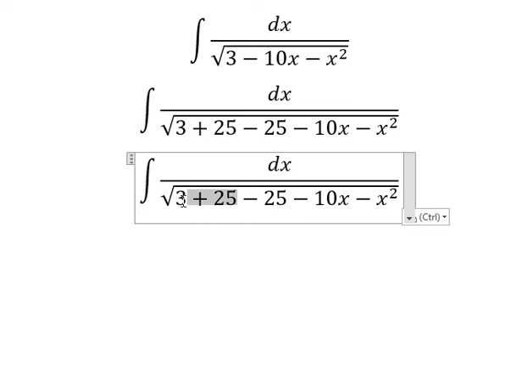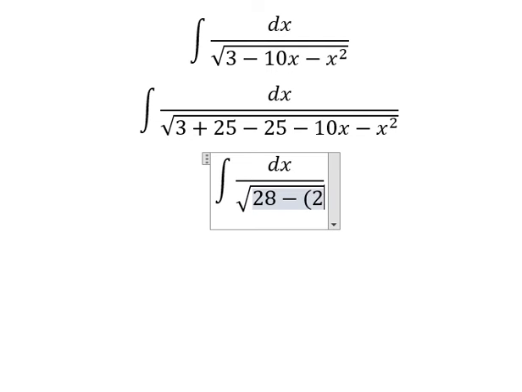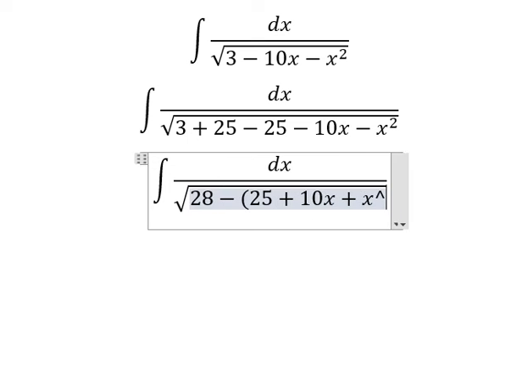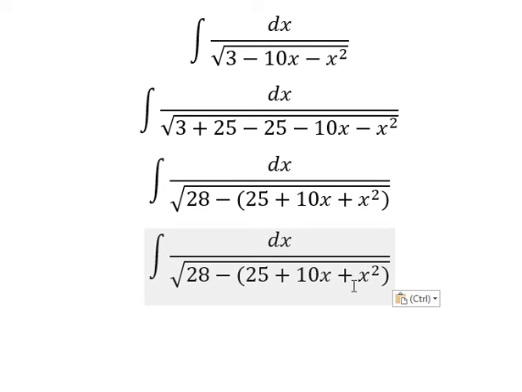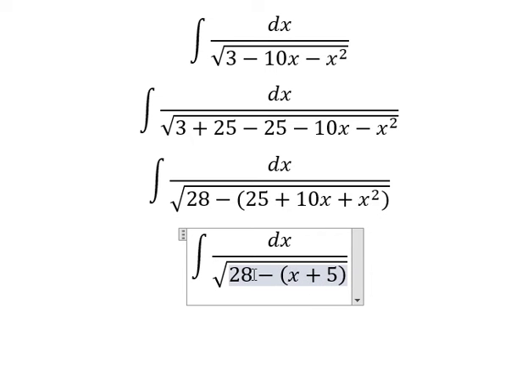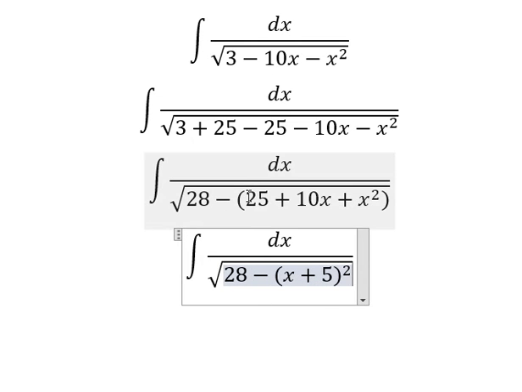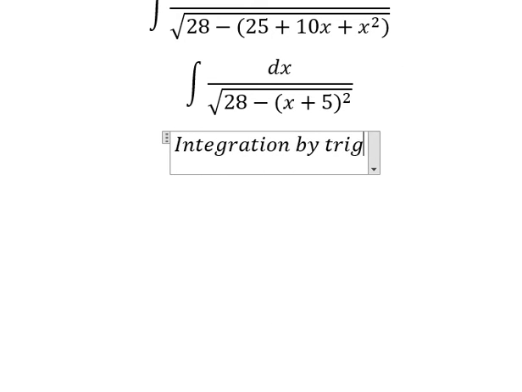So this one we have 28. This one we can do about factorization by negative number 1. So this one that is about s plus number 5 everything to the power of 2, because this is about identities. Now we can use about integration by trigonometric